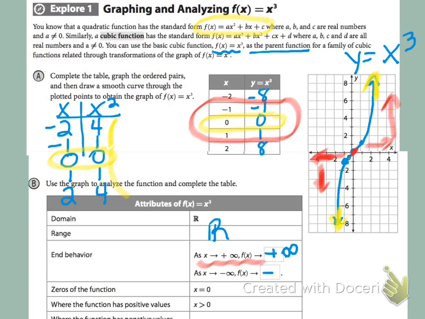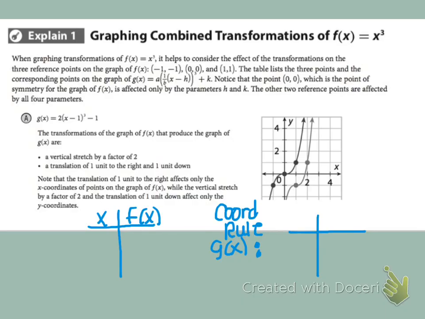So that's going to be our strategy. So I always look at this basic x cubed function. If this was a graph that I wanted to do a transformation on, I would create this little table where I have 0, 0, -1, -1, and 1, 1. And then I'm going to see what whatever I'm doing to this function is going to do to